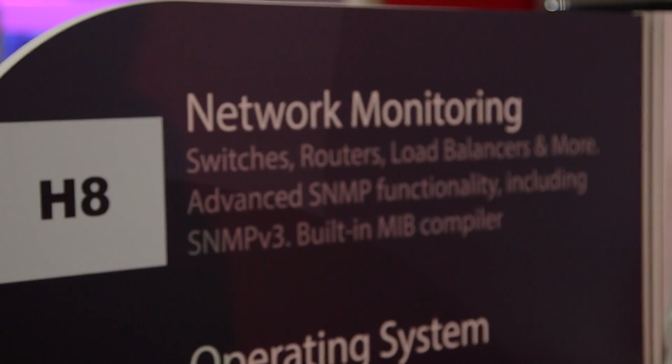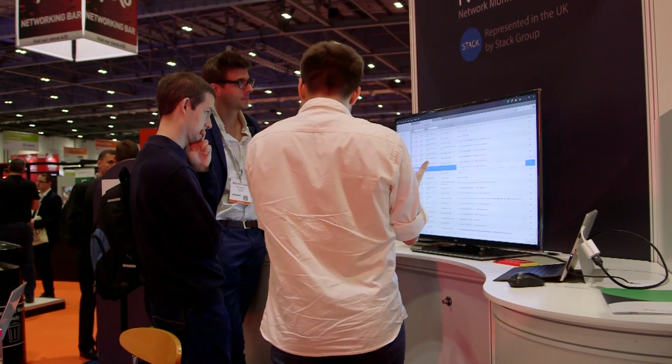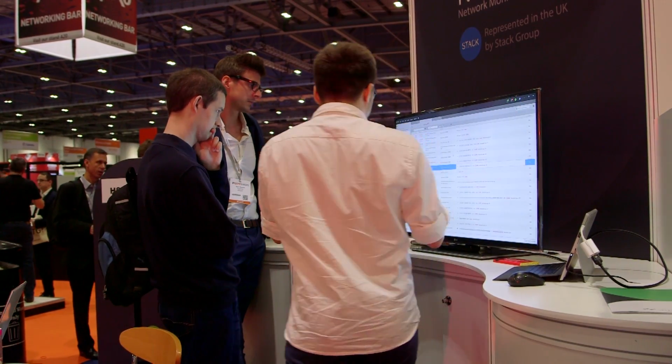the United Kingdom. And what we're doing here is we're unveiling NetCrunch 9, the newest version of our network monitoring suite. NetCrunch is an all-in-one network, server, application, log, file, and web monitoring suite. It runs on Windows Server, which can be on a virtual machine, and requires 4 gigabytes of RAM and 4 cores. We target small and medium-sized enterprises and people who are focused on automating as much of the network